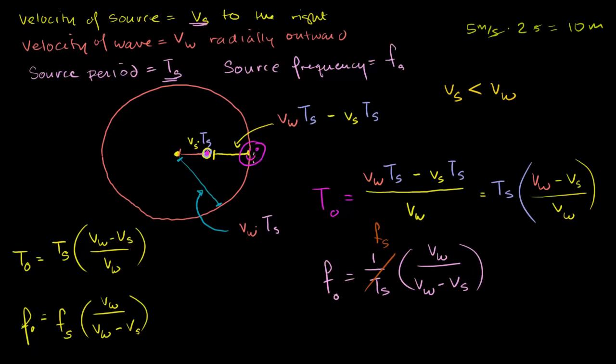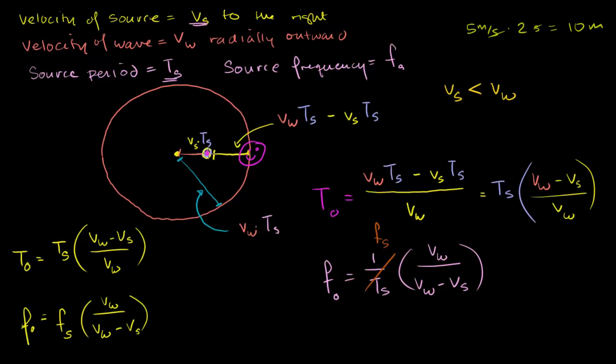And we were able to do that by just doing a thought experiment, saying, okay, my object starts here. After one period, a period is just a measure of time, the measure of time over which the source emits a cycle. So it emits a cycle every period. After one period, we said, okay, where is that first wave front, or that first pulse, or that first crest, and where is the source? Because only exactly one period has passed by, and the source will be ready to emit another crest or another